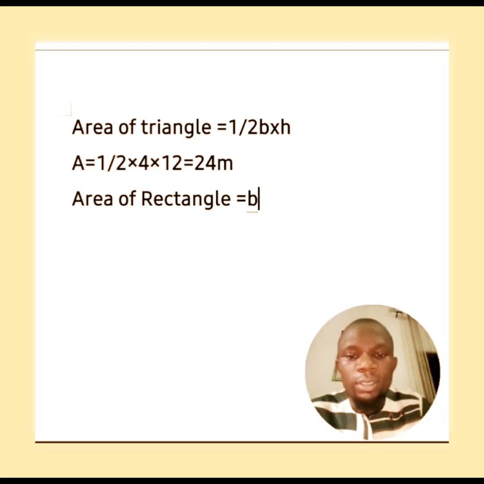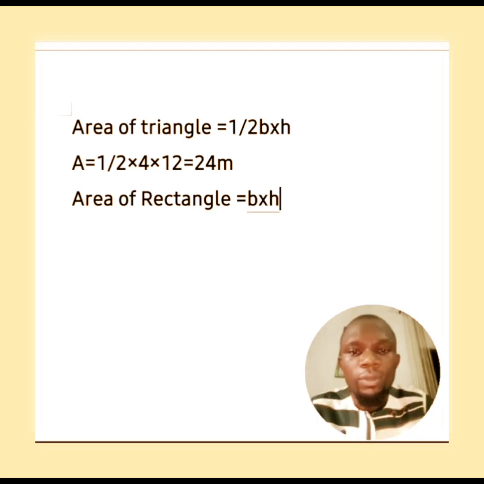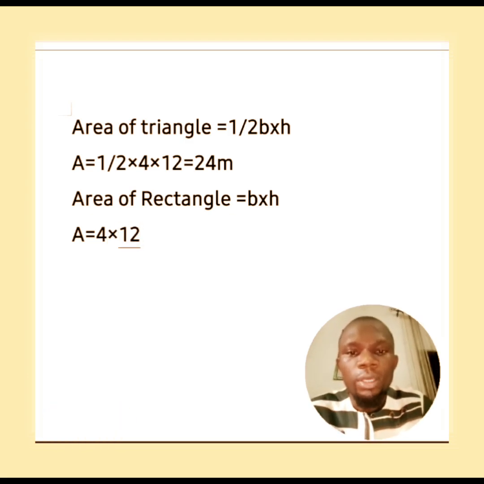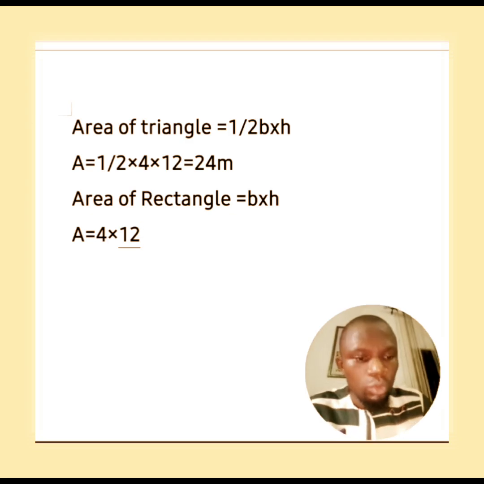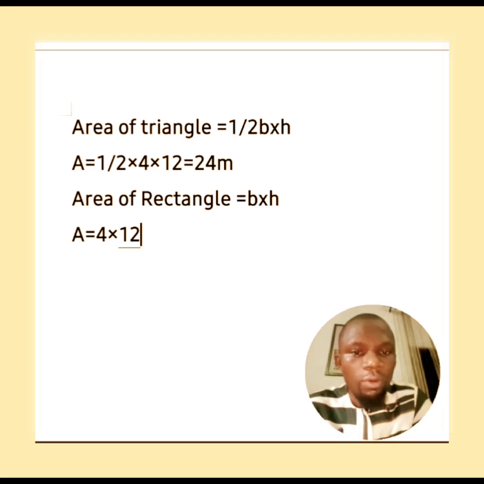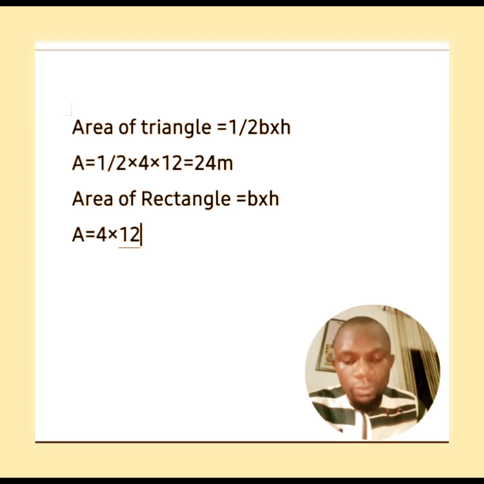That's base times what? Height. Okay, so my area is equal to my base, which is 4, like I've said earlier, times my height, which is 12. So 12 times 4, what will I get? 12 times 4, that is,